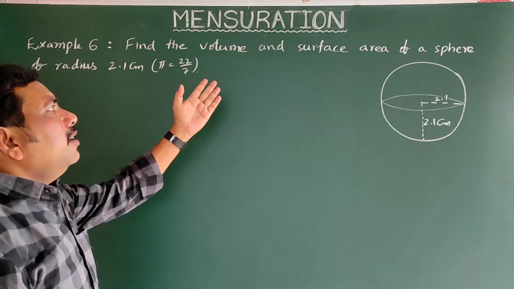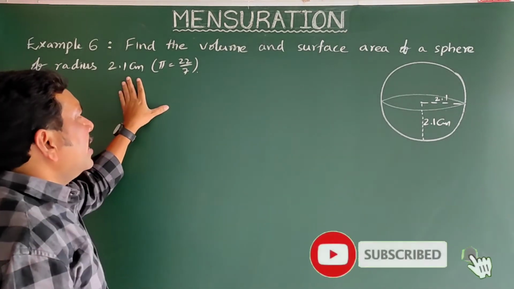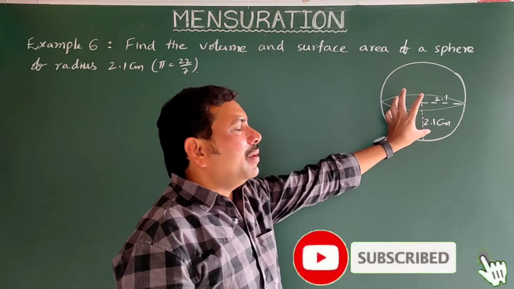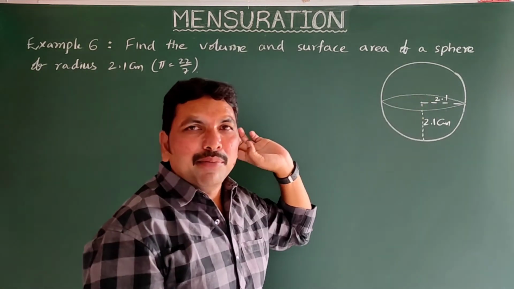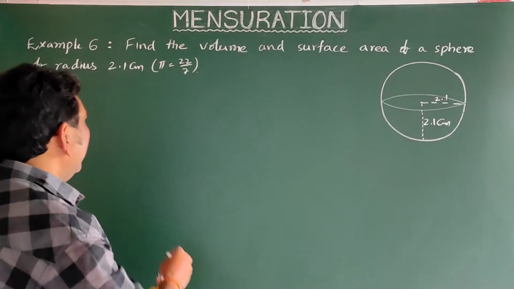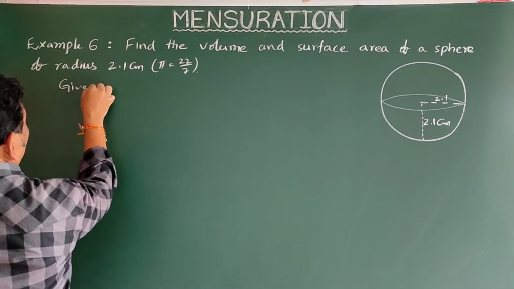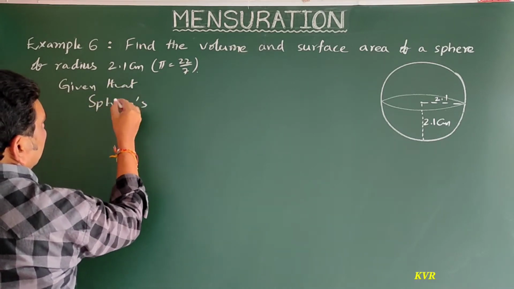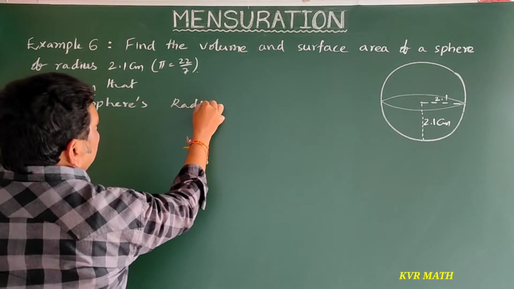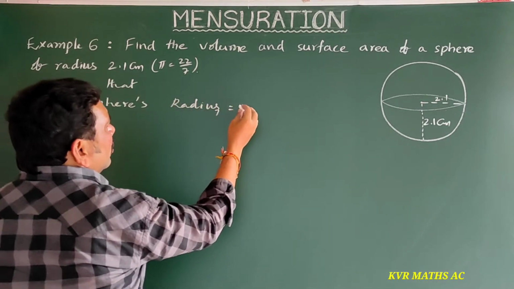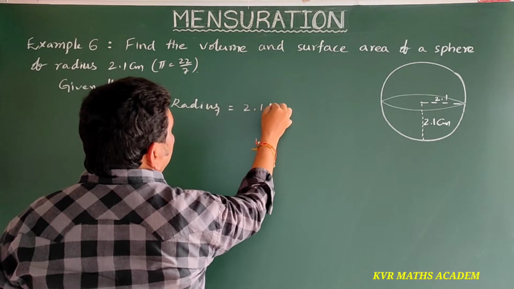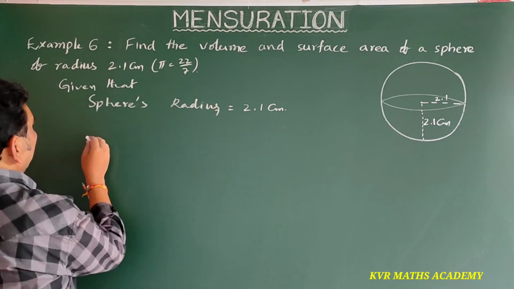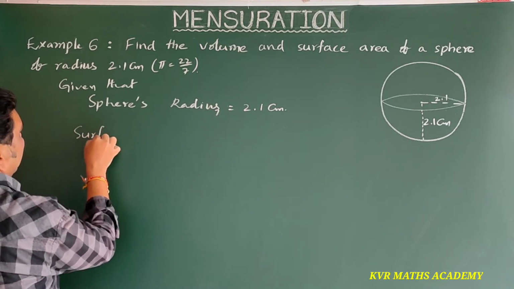Example 6. Find the volume and surface area of a sphere of radius 2.1 centimeters. Let us find. Given that the sphere's radius is equal to 2.1 centimeters, right? 2.1 centimeters. Now, surface area